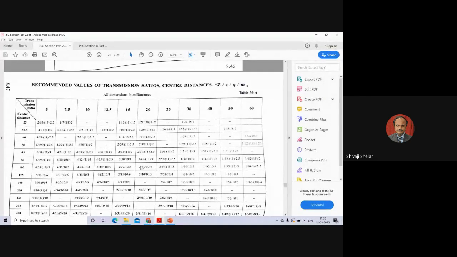Like this pair 240 by 10 by 4, it's a preferred pair. Suppose if I go for this pair here, say center distance is almost the same, say 100 mm, and transmission ratio is around 25. So in this ratio 254 by 11, that 11 is not standardly preferred, but if there is no choice available or left, then you can have this pair and you can form your gearbox with this worm and worm wheel. Okay, so these are the standard pairs you have to select for your design.